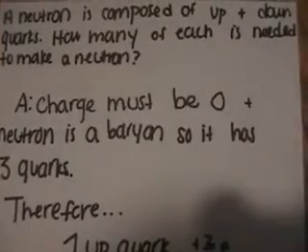Let's try an example. A neutron is composed of up and down quarks. How many of each is needed to make a neutron? The charge must be 0, and the neutron is a baryon, so it has 3 quarks. Therefore, it is 1 up quark and 2 down quarks, because an up quark has a charge of plus 2/3 electrons,